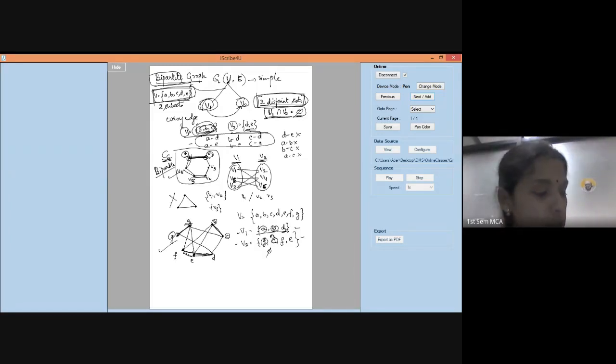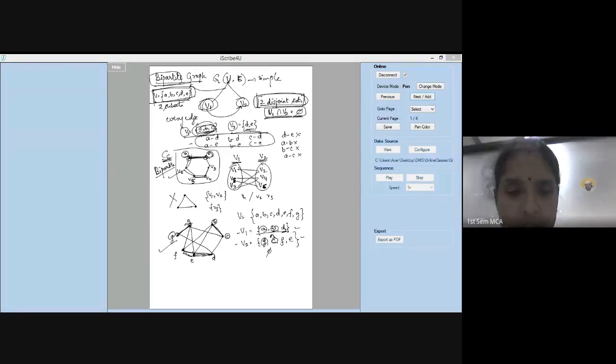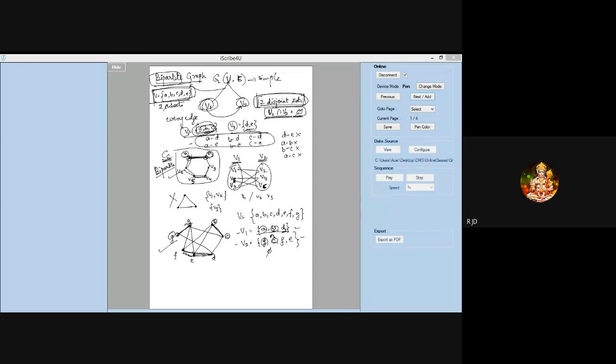Next, we'll be learning something called a complete bipartite graph, and after that we'll go on to different concepts. So complete bipartite graph we'll probably take up tomorrow. Any doubts so far, whatever we have done for today's class? Is it clear to you all? You are able to see the board and follow whatever I say? No issues?